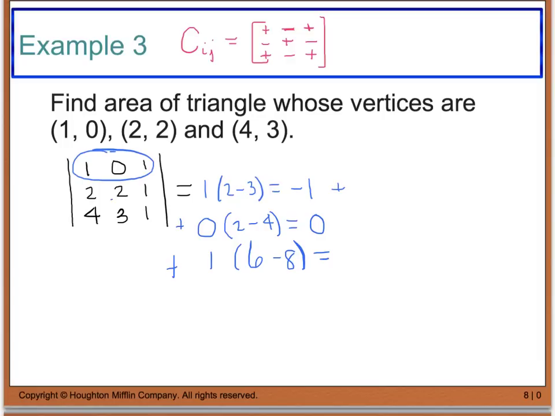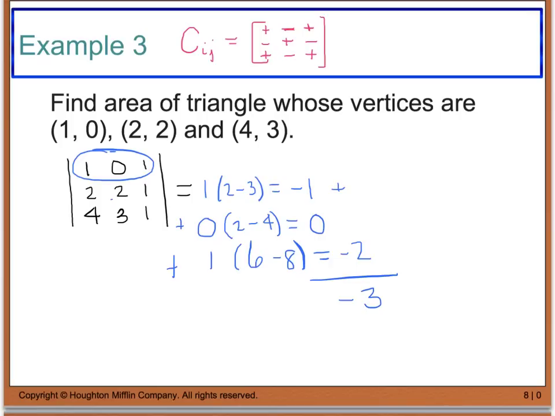So that's going to give me a negative 2. In the first row, third column, my sign stays the same. So I have a negative 1 plus 0 plus negative 2, which gives me